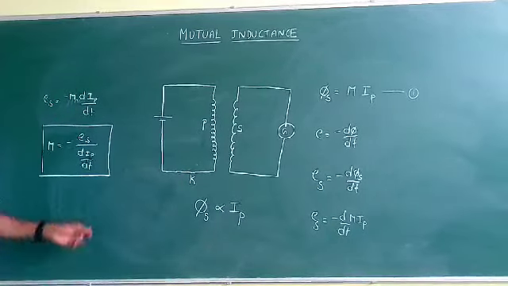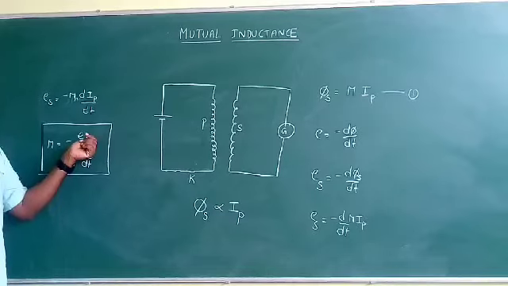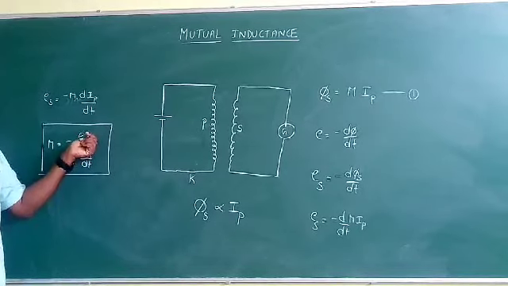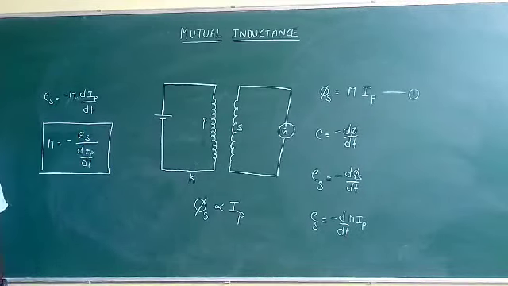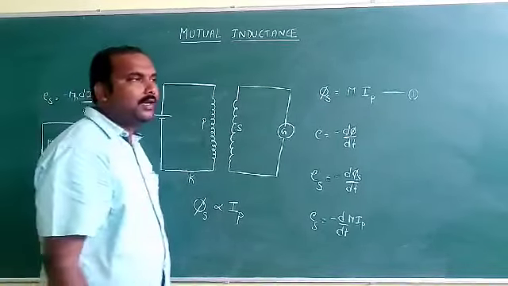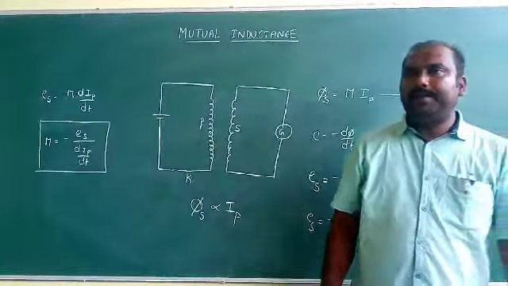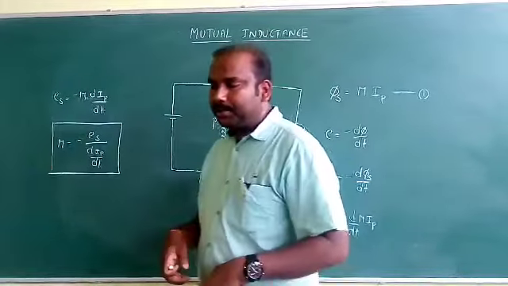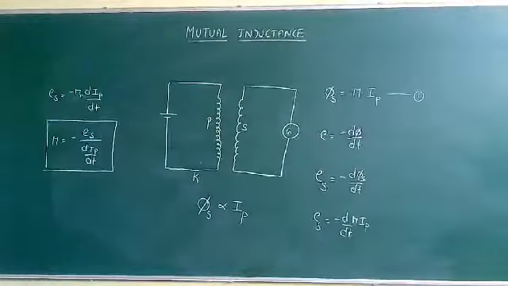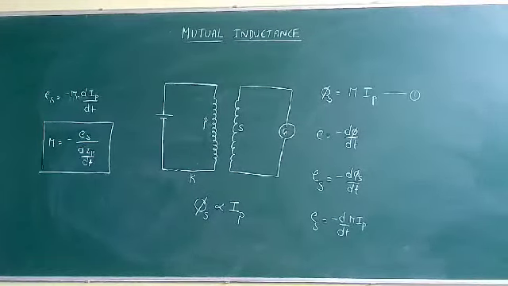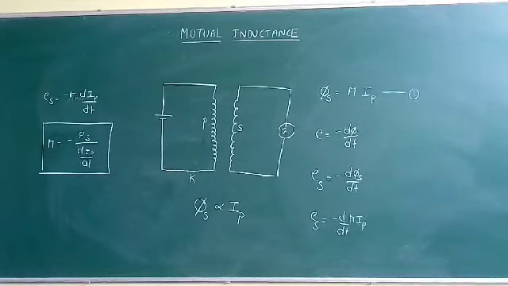And finally, from this definition, we can know that mutual inductance can be defined as the induced EMF in the secondary coil due to a unit rate of change of current in the primary coil, and this we call mutual inductance. So once again, if two coils are placed side by side, and EMF is produced in one of the coils, this EMF is produced because the current in the surrounding coil is changing. That is the reason EMF is produced in the secondary coil, and this concept we call mutual induction.